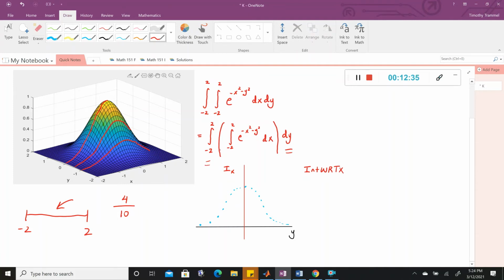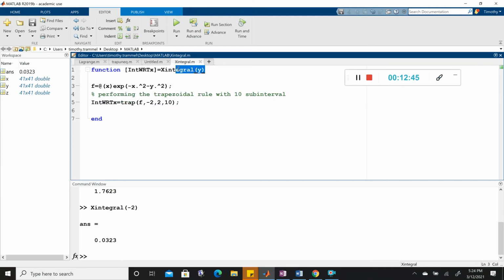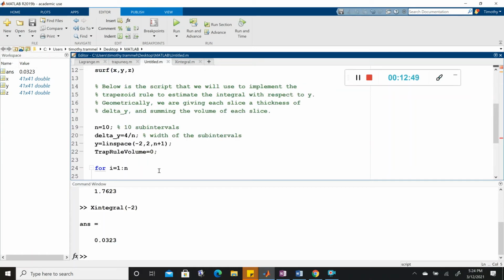So let's go ahead and take care of that. But the key is that the function we're integrating is this integral here. Let's go ahead and write this. I'm going to just copy trap volume so I don't have to type it in so many times. So we have trap volume is equal to trap volume